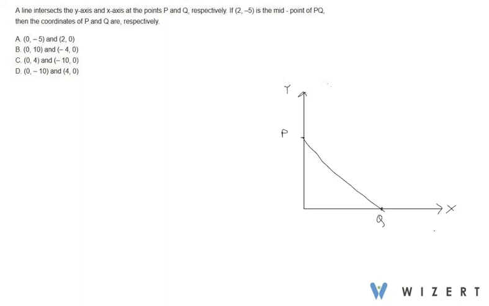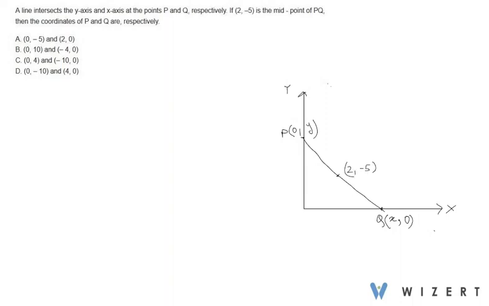So as a rule, point P has x coordinate 0. So (0, y) are the coordinates of point P. And since Q is lying on the x-axis, as a rule, its y coordinate is 0. So it has coordinates (x, 0), and it is given that (2, -5)